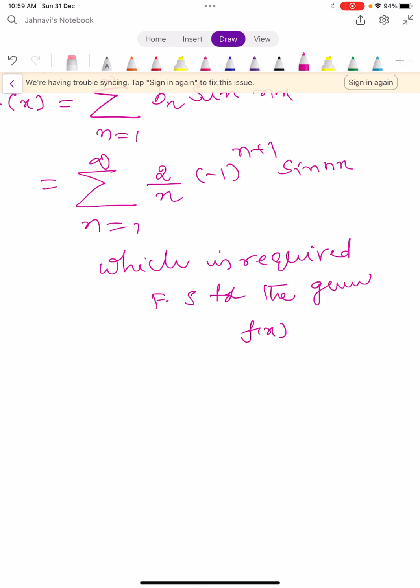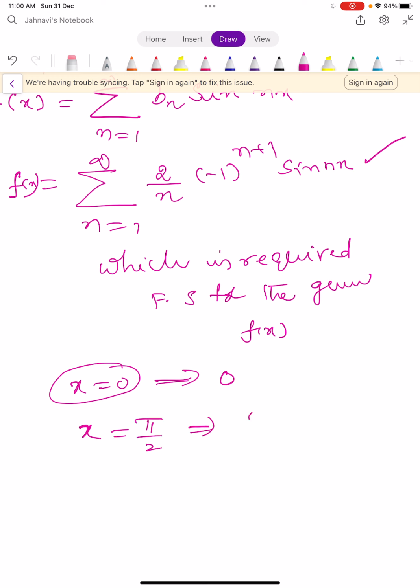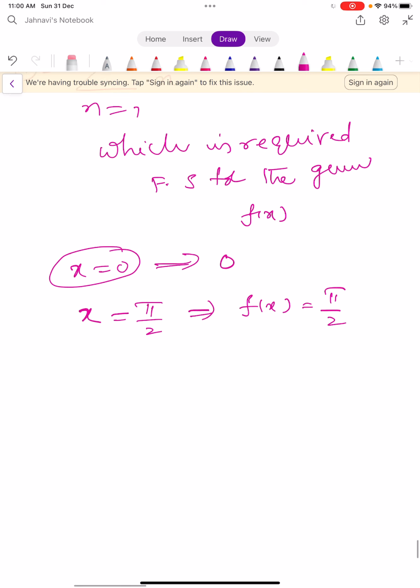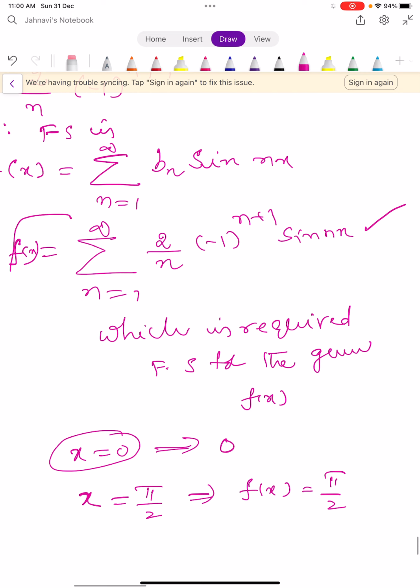Now in the Fourier series expansion of f of x, if you substitute x equal to 0, obviously this series becomes 0. If x is equal to 0, the above series completely becomes trivial. Suppose x is equal to pi by 2, then f of x is also pi by 2, because f of x is equal to x. So now this Fourier series becomes